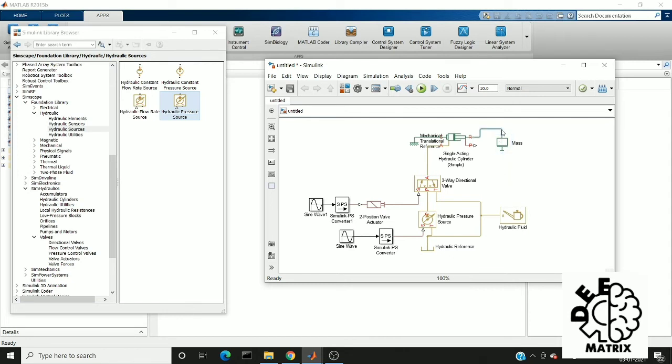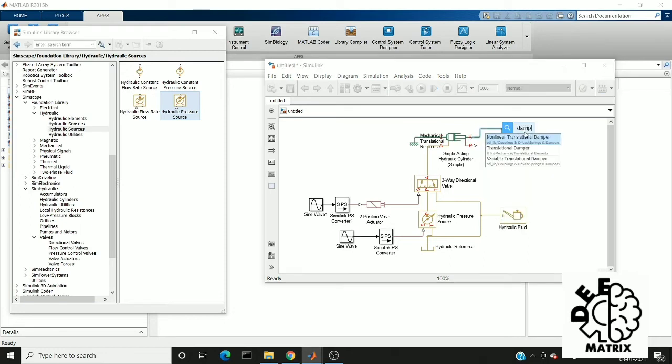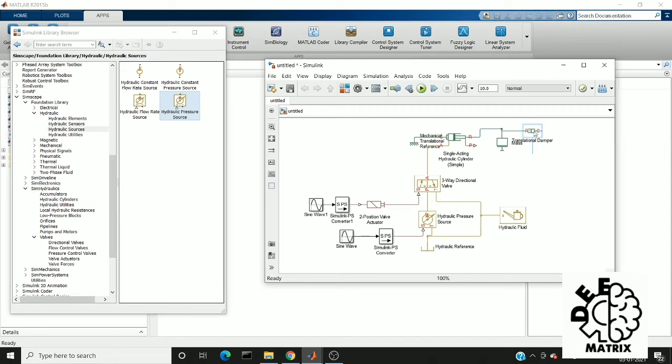I'm going to connect this to the damper, a translational damper. The NC will be connected to another reference. Okay, this is our setup. I think I'm done with my setup.